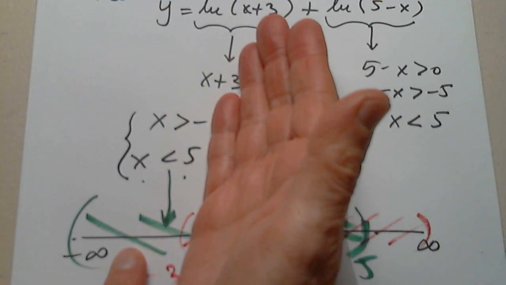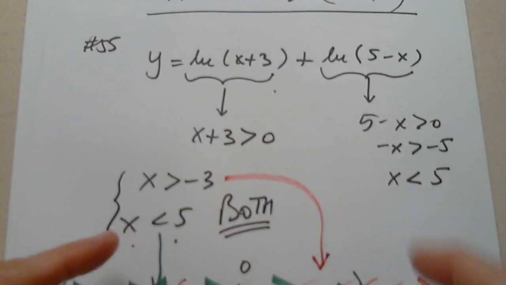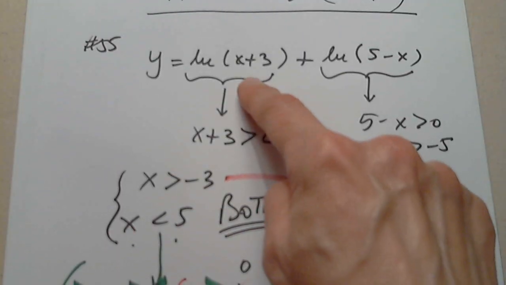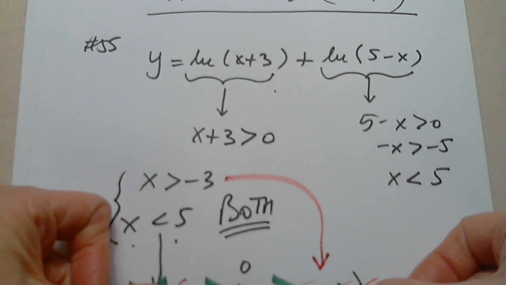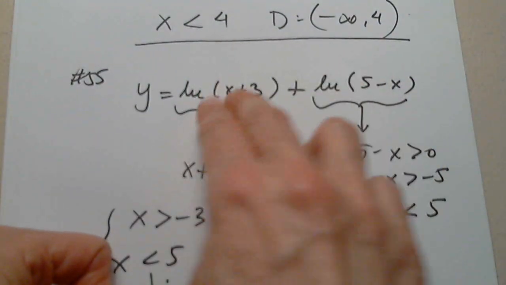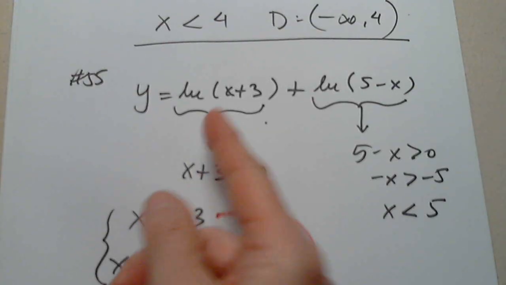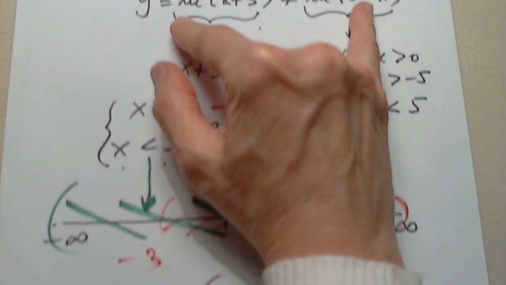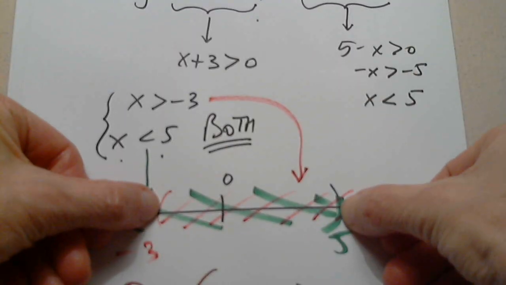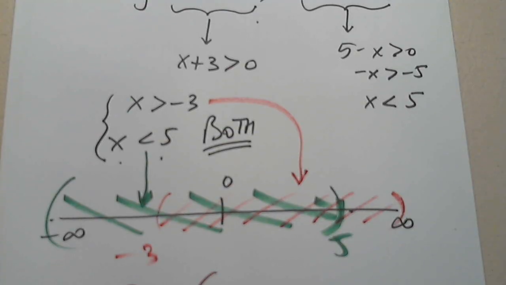If I choose this territory, only this one is correct, or exists, I should say. If I choose this territory, only this one exists. But if I choose this territory, both exist at the same time. Exist plus exist, I can determine. Exist plus non-existing, I have nothing. Non-existing plus existing, I can't add. They both have to exist at the same time, and they both exist only here. Otherwise, I would